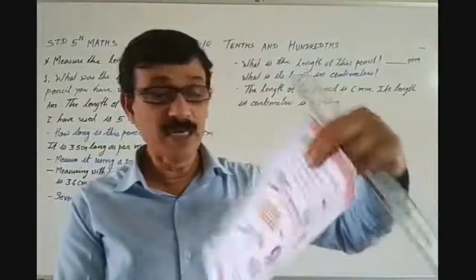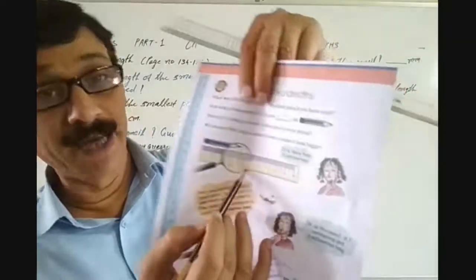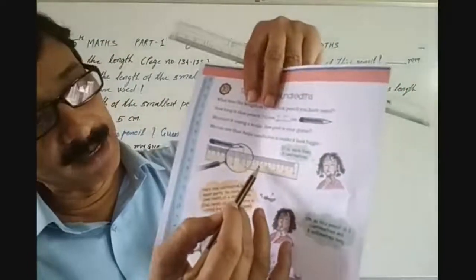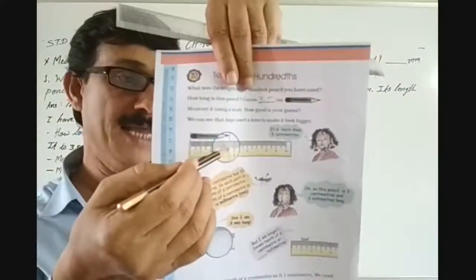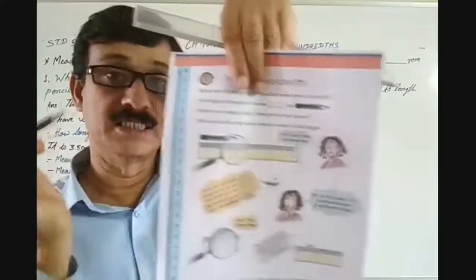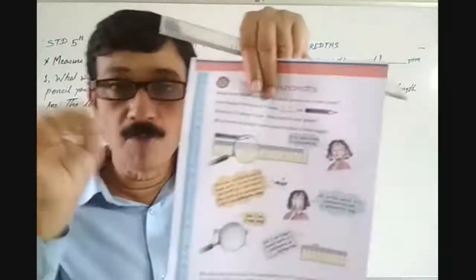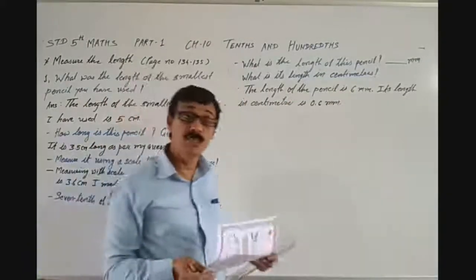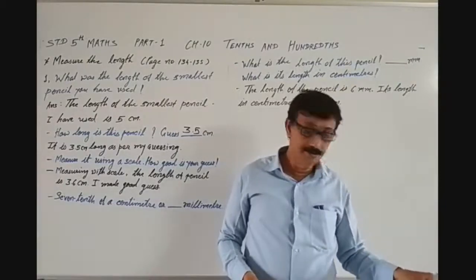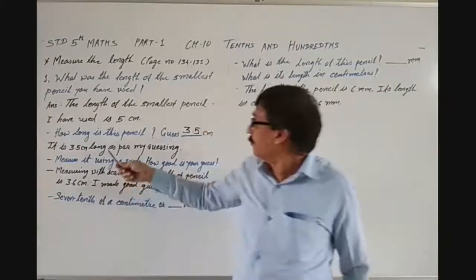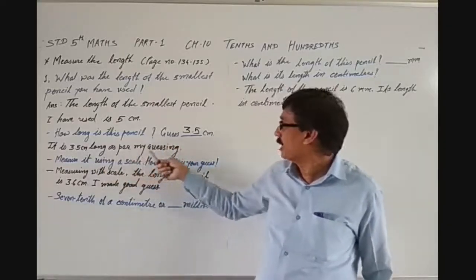Okay, and you can see everywhere at the 5th part you will find a big line. Everywhere in between, a 5th part we can say, a big line you will see. Here also you can see. Okay, so that is 5, and then after one more part is there, that is 3.6, isn't it? So the answer should be, how long is the pencil? 3.5 centimeter. It is 3.5 centimeter long as per my guessing.